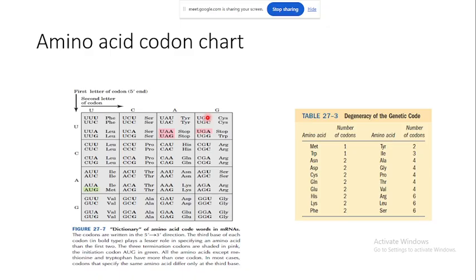So when your mRNA has one of these stop codon sequences, then the translation process will come to an end. So that we will discuss. And tryptophan is an example of an amino acid which has UGG as the codon, and it has only 1 codon, right? Not more than one.